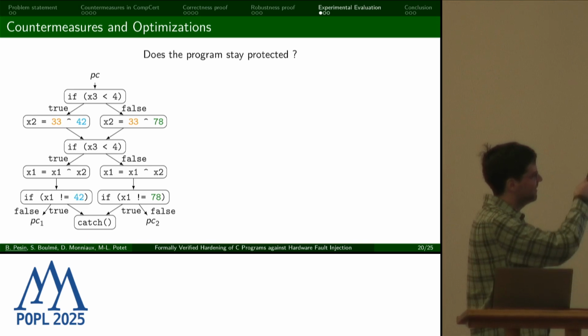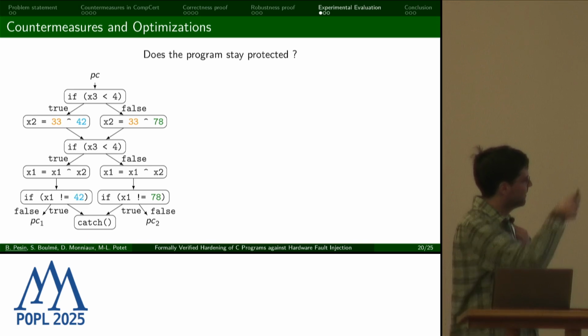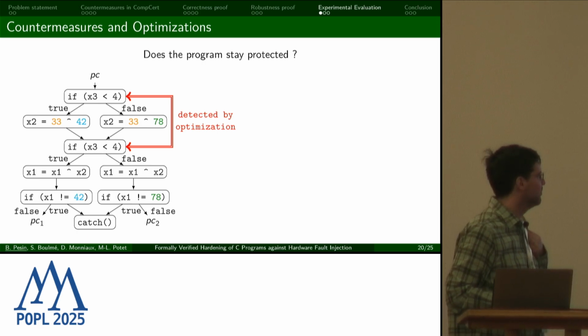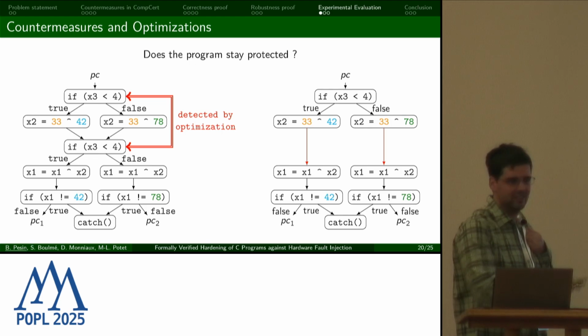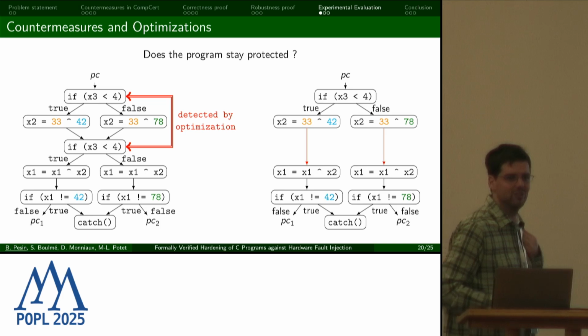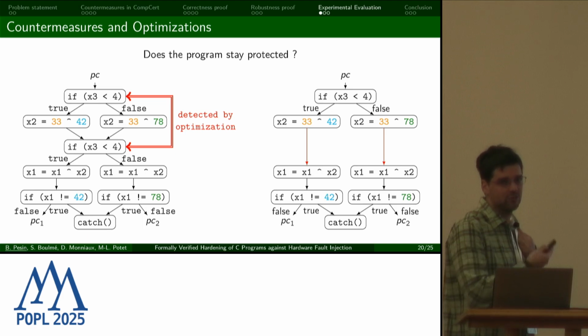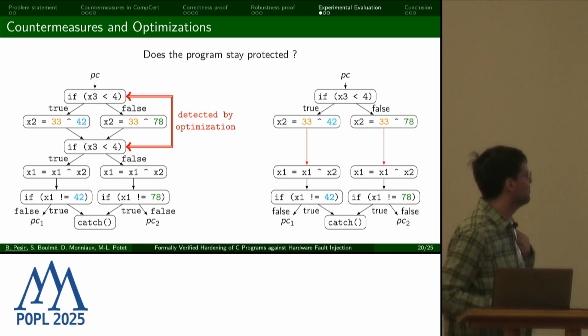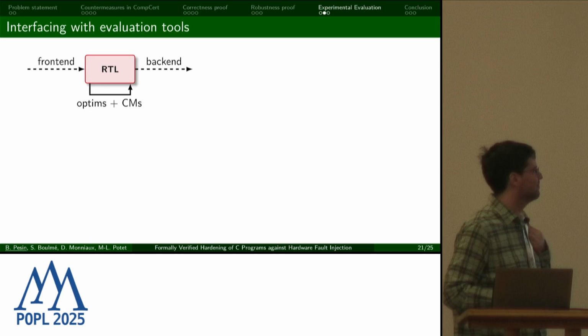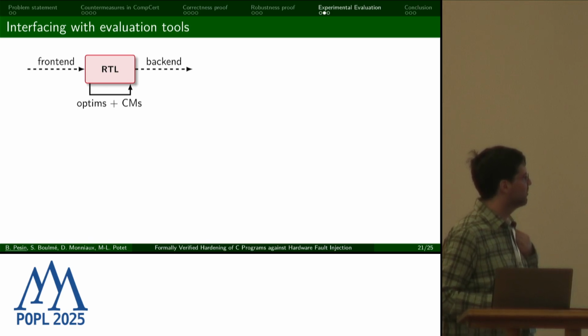And any optimizing compiler could tell you that actually these two conditionals here should always evaluate to the same value. So I can just remove the second one. And our countermeasure is already broken. We already lost. Too bad. This is actually a general problem with people who write countermeasures, even in the source code, to fight against this kind of optimization. So we just wanted to quantify when it actually happened in CompCert.